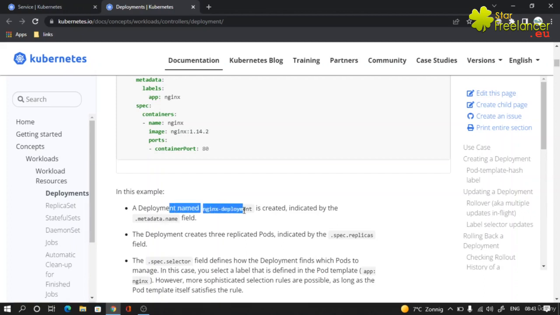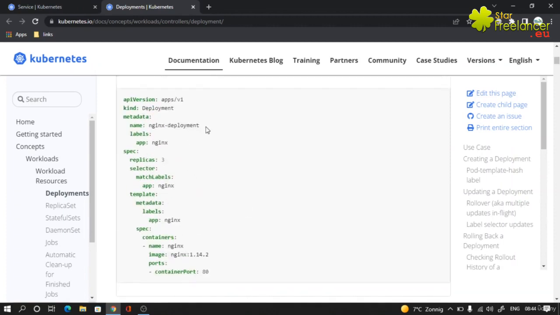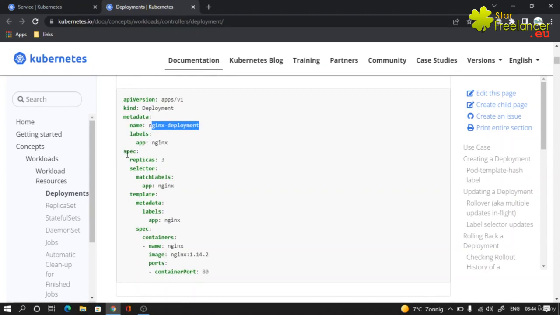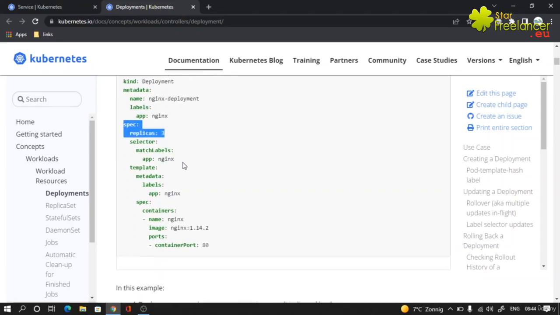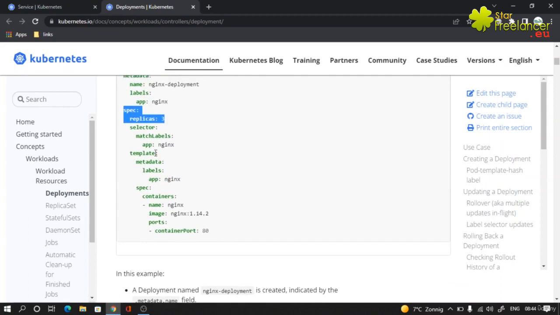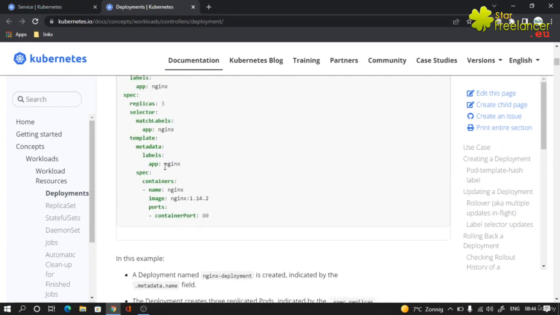A deployment named nginx-deployment is created because that's the name. The deployment creates three replicated pods indicated by the spec.replicas field. So this indicates that exactly three identical pods will be created. The spec.selector field defines how the deployment finds which pods to manage. So here, if we see this one,